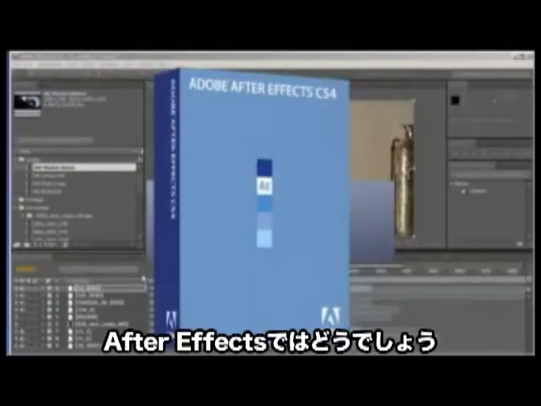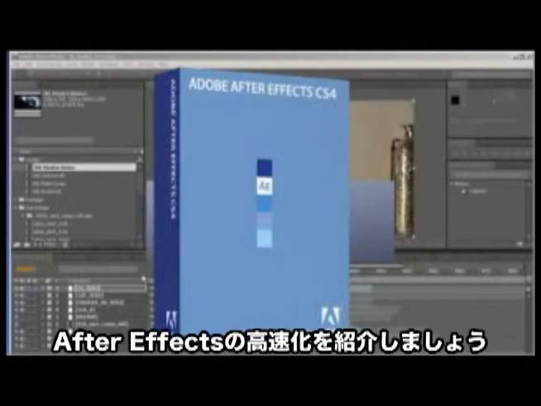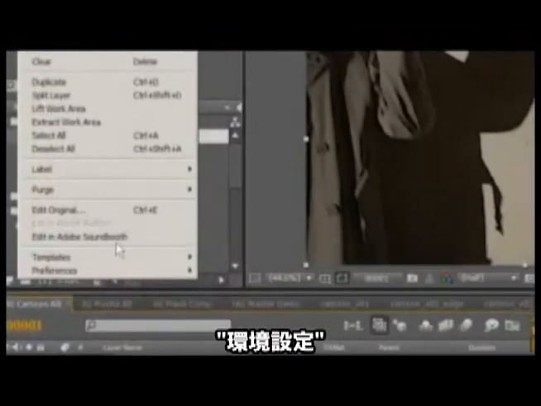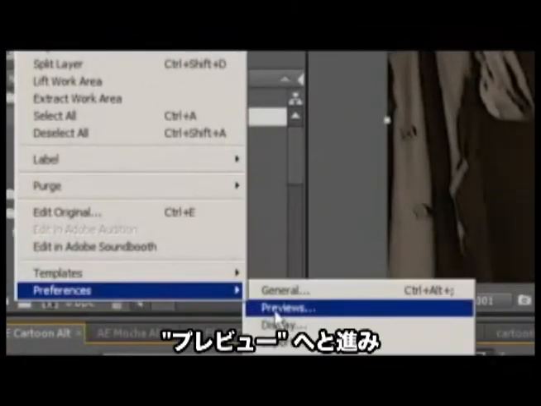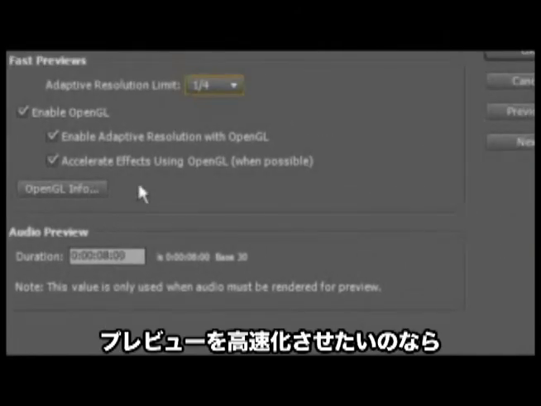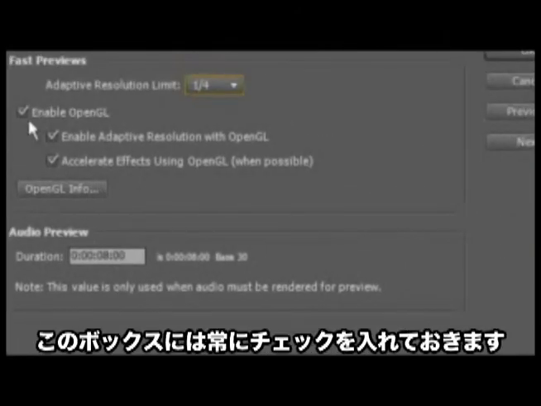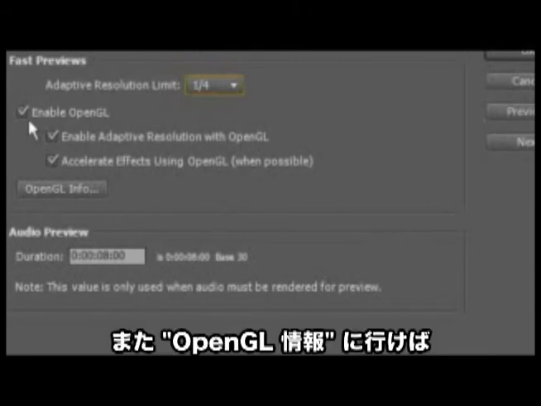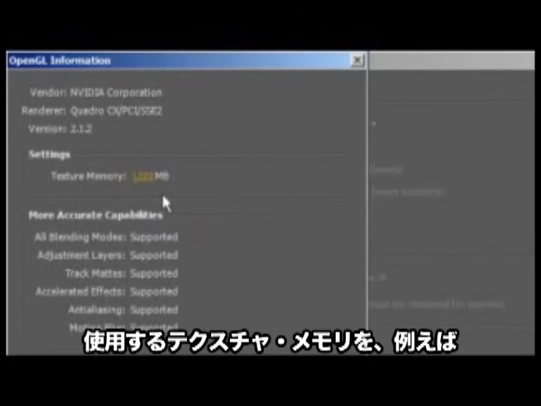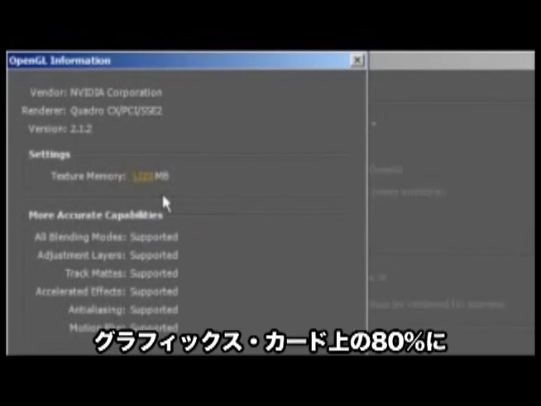Jump into After Effects and show you where the OpenGL settings are in After Effects CS4. The first thing you're going to want to do is go to Edit, Preferences, Previews. And what you're looking for under Fast Previews is your OpenGL setting. This box should already be checked. You can also go to the OpenGL info and set your texture memory to roughly 80% of the onboard memory